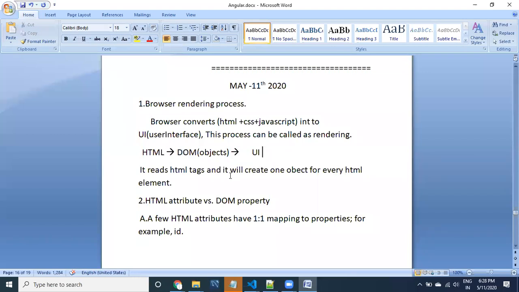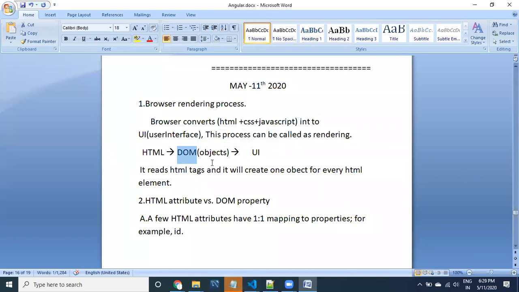I'm telling you the concept of what happens inside the browser, guys. The browser receives the HTML, then the HTML is converted into the DOM, the document object model. It's an object that contains a number of objects, and each object is one HTML tag.